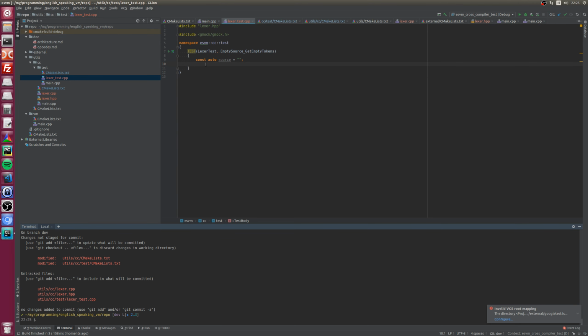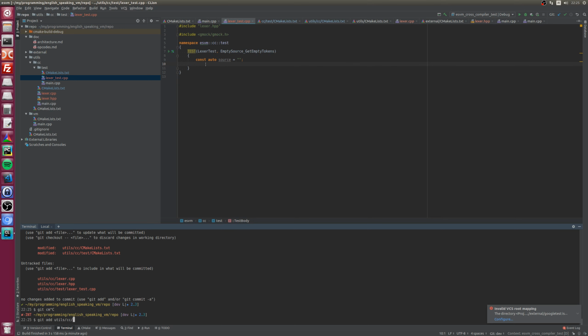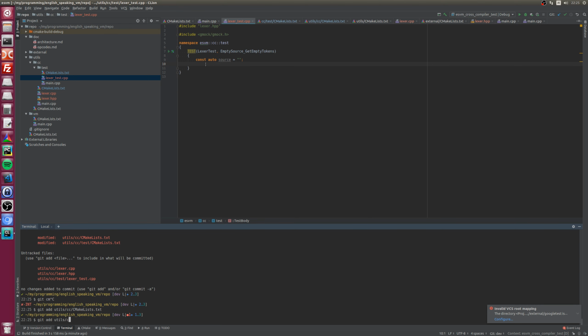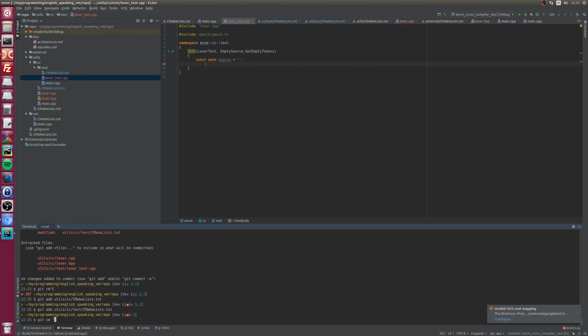Git st. Yeah, let's just add CMake. Cool.